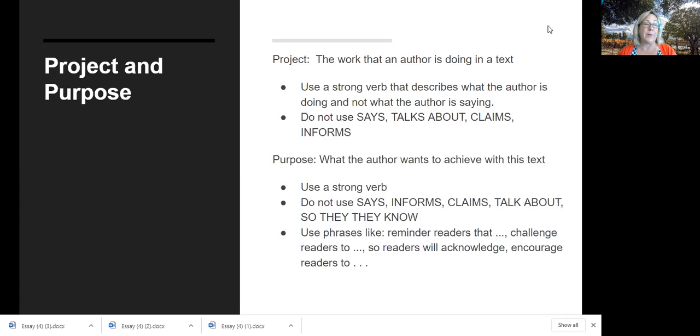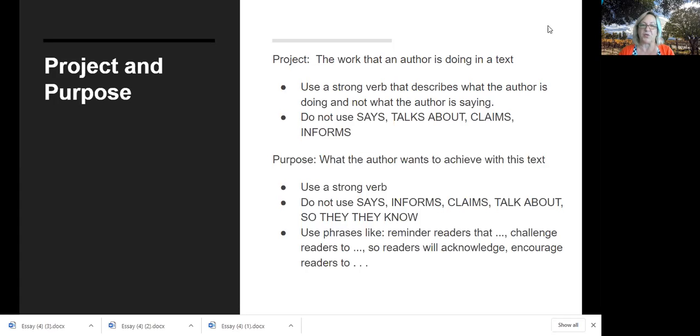With E. Shelley Reed, her purpose was to take away some of the fear of writing by giving strategies. And Kristof has a purpose too. He wants to achieve something. And I think that has a lot to do with his emphasis on immigration.